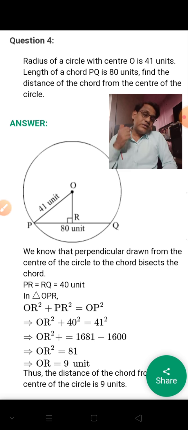Now 4 questions we already completed. You have to revise these 4 questions with the diagram. So always you have to draw the diagram with pencil and solve the questions. Okay, in the exam also you have to draw all the diagrams. If the diagram is given in the question, then also you have to draw the same diagram in your answer book, and then you solve the questions. Because every diagram carries some marks, half mark, 1 mark. So you have to draw that diagram, okay, with pencil, not with pen.